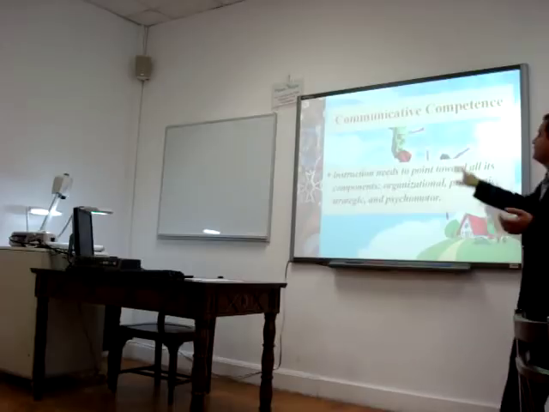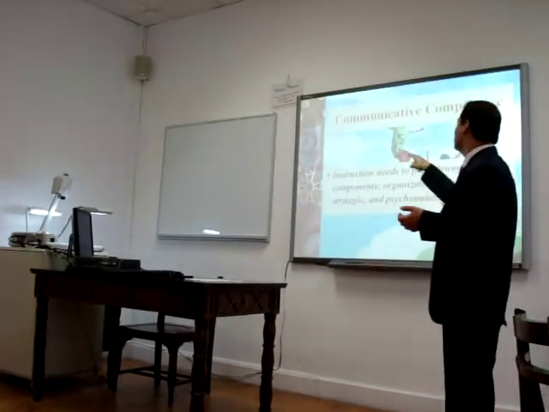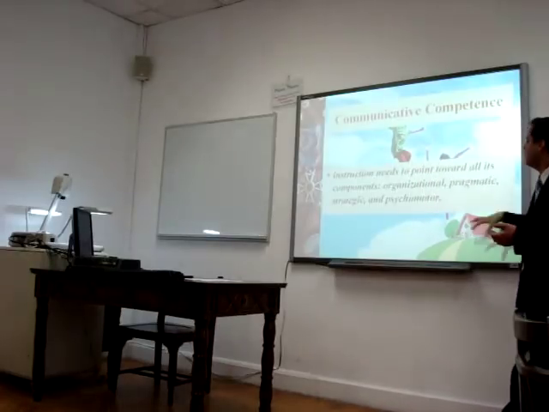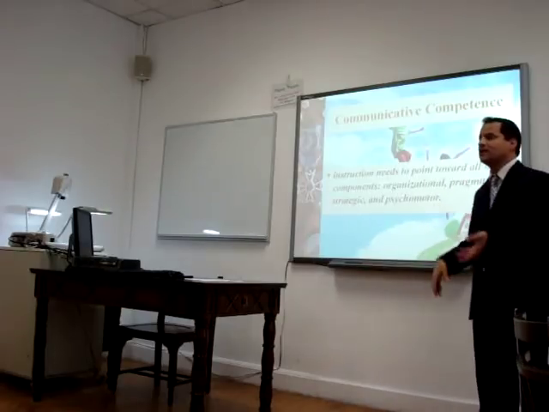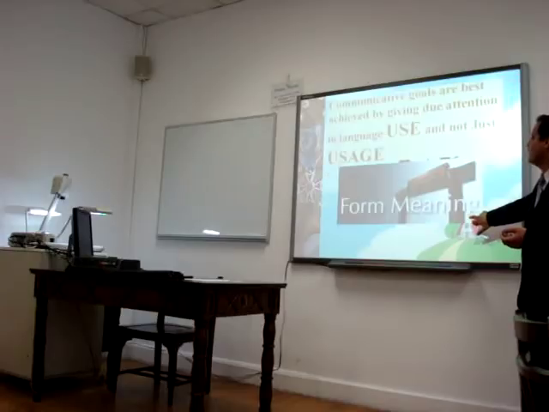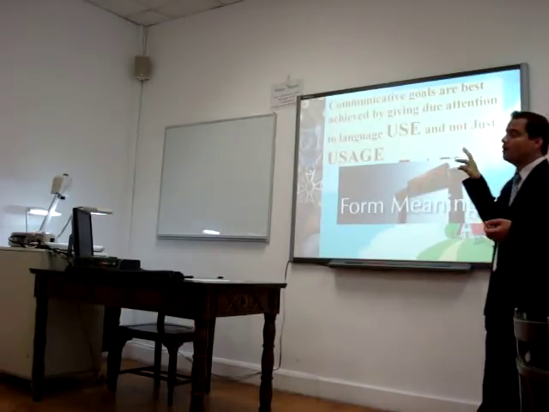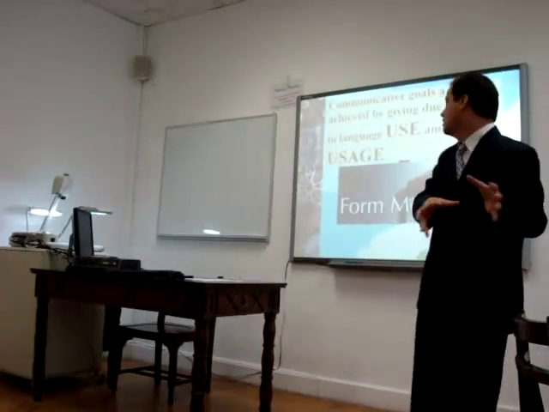According to Brown, if communicative competence is the goal of our instruction, the goal of our education, then our instruction needs to point toward all these skills. It has to be inclusive. It should not concentrate on some components and ignore others. If communicativeness is our goal, we have to give a lot of attention